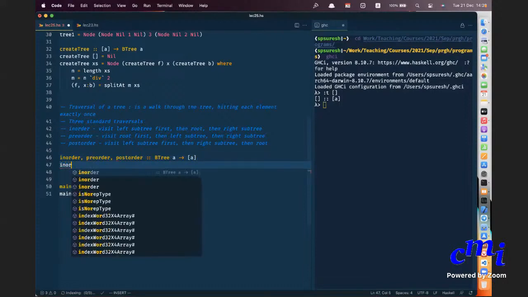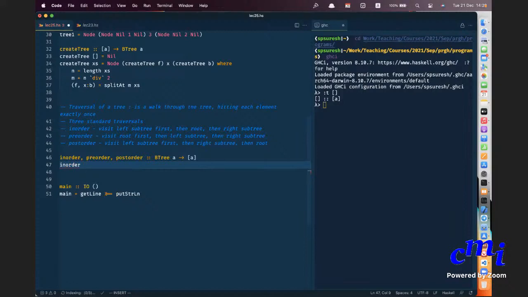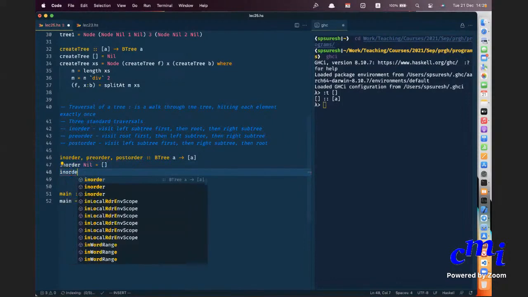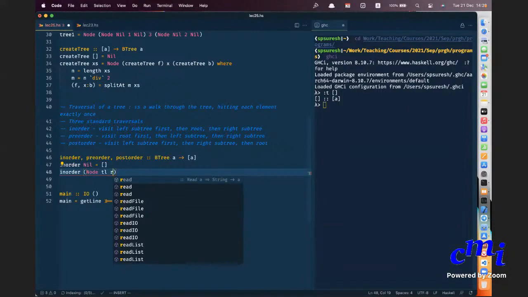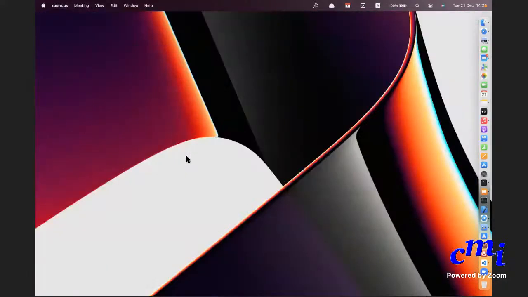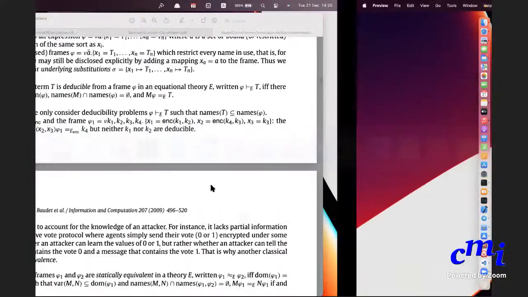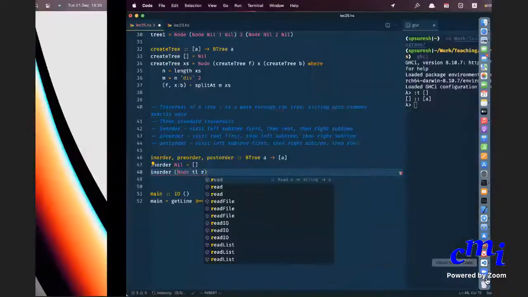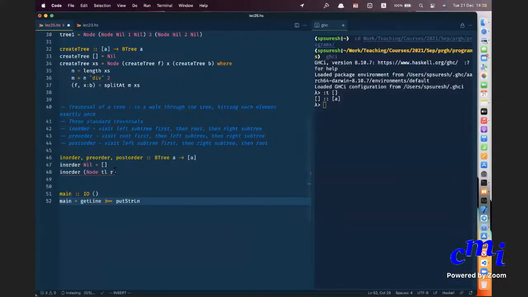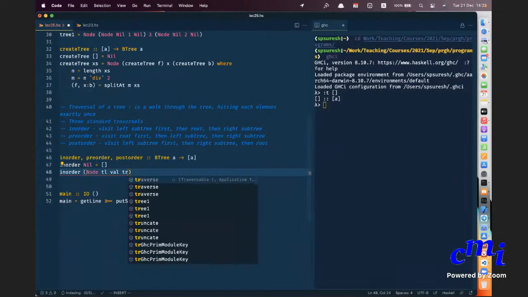So in order, let's write the program. Can you complete the definition? In order of nil is the empty list. In order of node, where the left subtree is TL, root is value, TR is the right subtree.